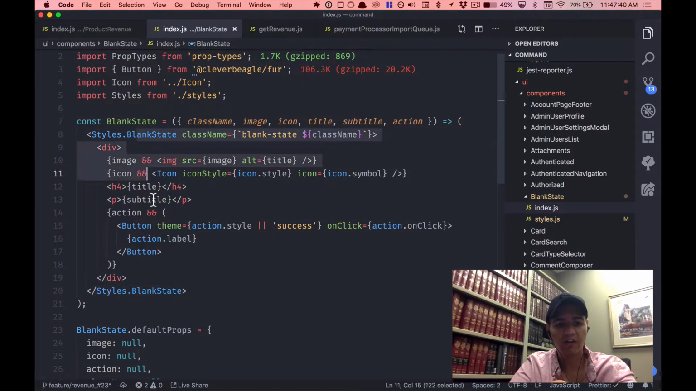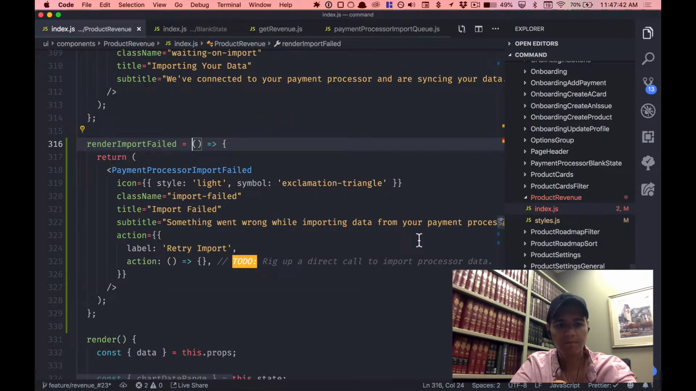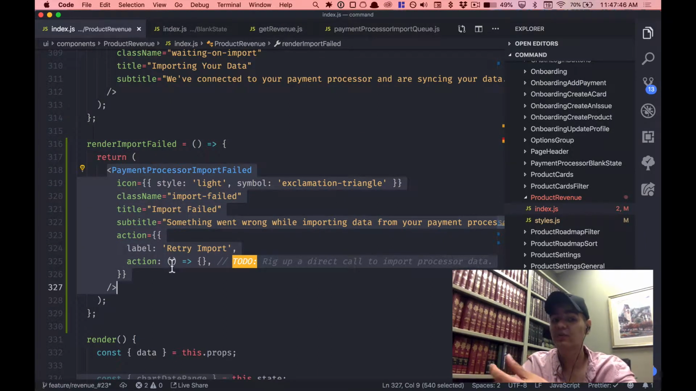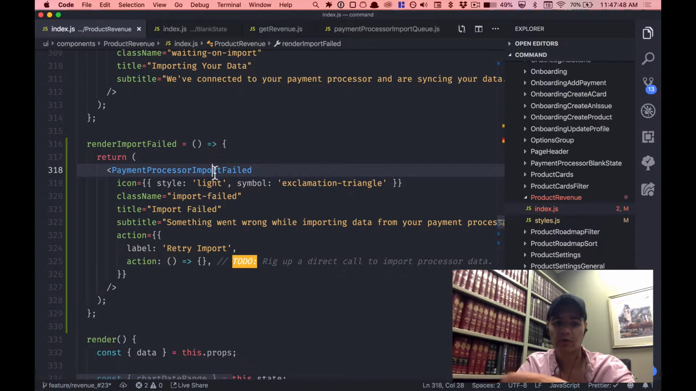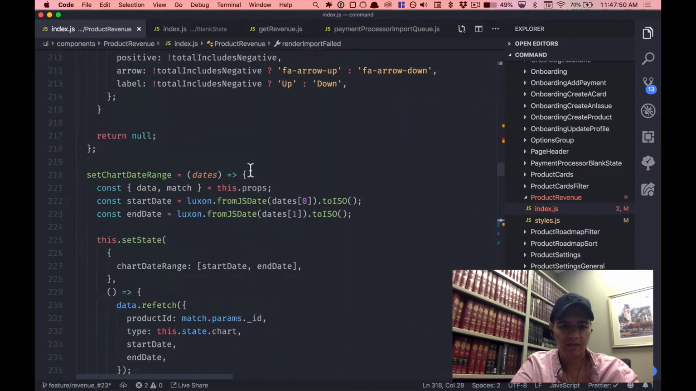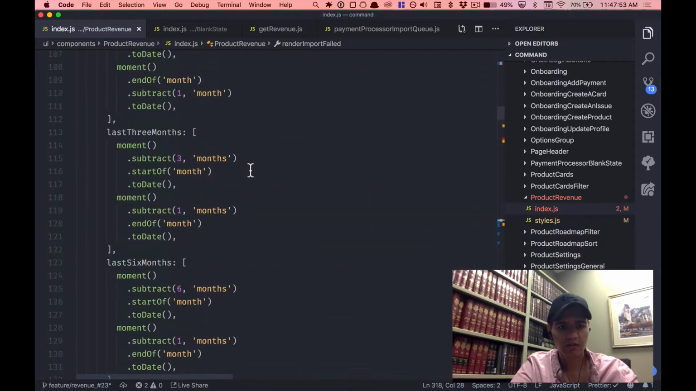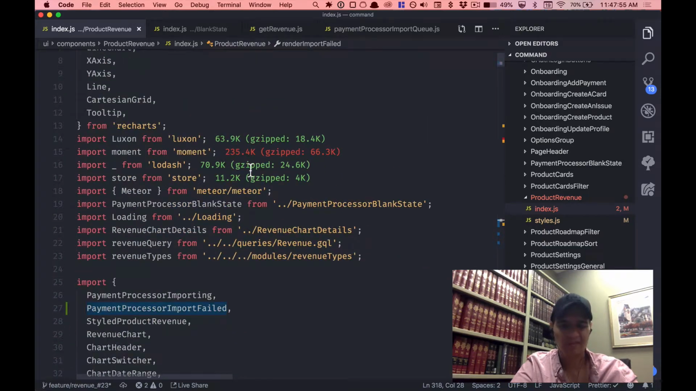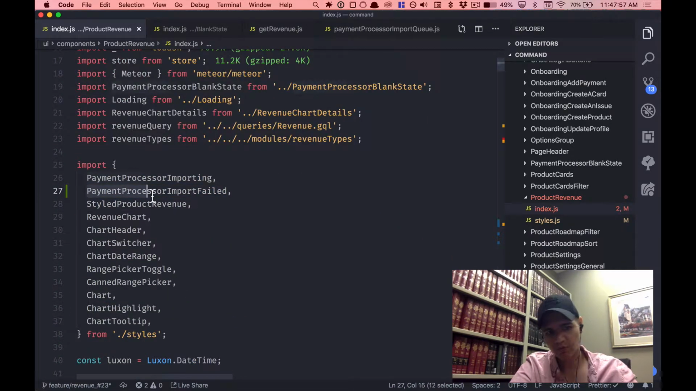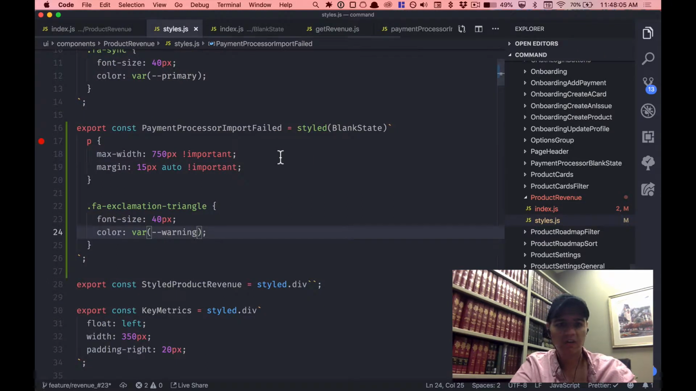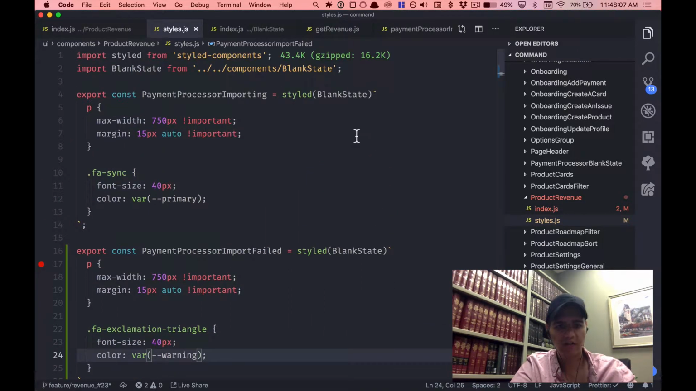So what I've done is I've taken this blank state component, and over here I've created another version of it, or I should say a styled version of it, because this is a styled component. If we look back at the top of this file, I'm importing that. It's bigger than I thought. There we go. So we've got payment processor import failed. This is being imported from styles, which is literally relative to this current folder. So this is this file right here, and you can see at the top, I'm importing that blank state